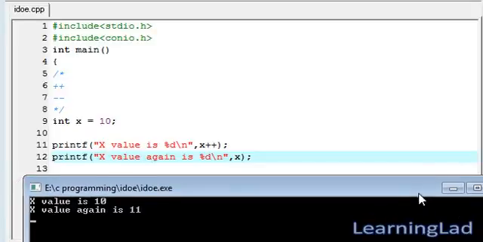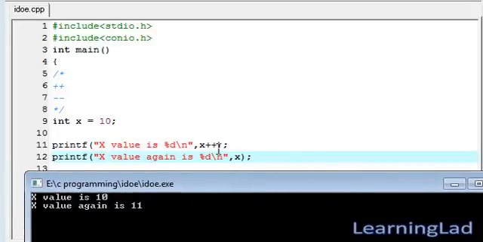That's because when we use this increment or decrement operator as a suffix, the compiler assigns this x value to this statement first, and when it leaves this statement, that time it will increment this. So when this printf is encountered, it prints x value is then the actual value of x.